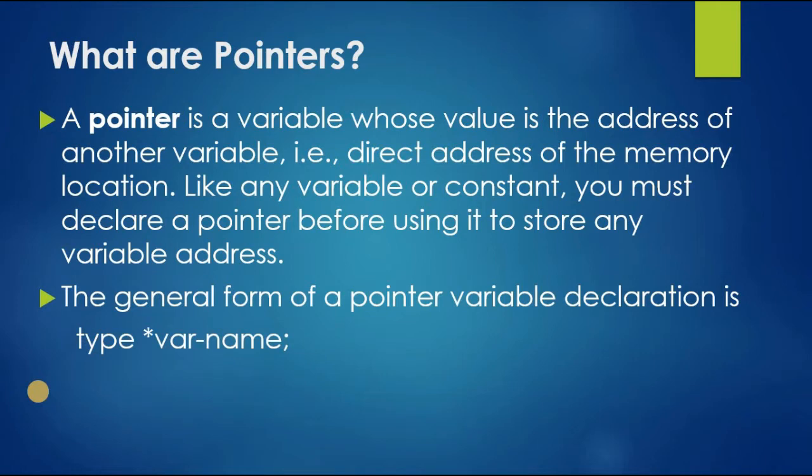the pointer can be declared with a type and the pointer name. Here type means a data type. After the data type comes the pointer name, with an asterisk symbol, which is also used for multiplication. The data type for a pointer can be integer, character, float, double. Any data type can be used to declare the pointer variable.